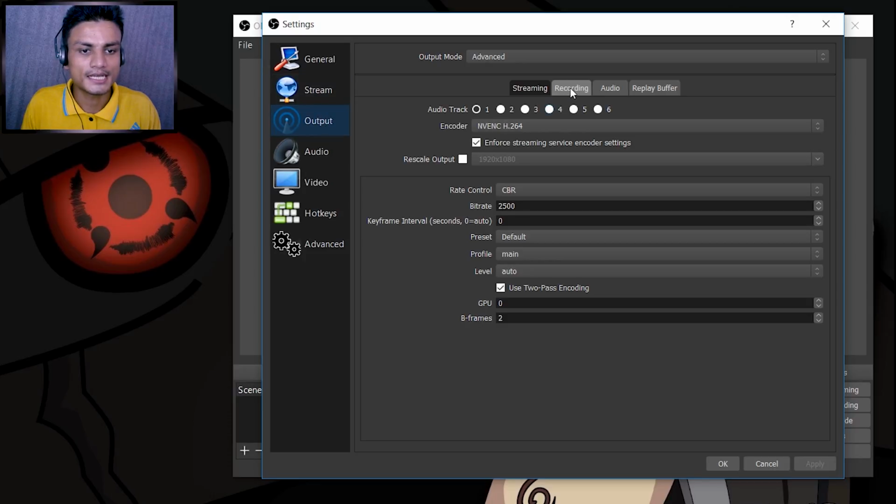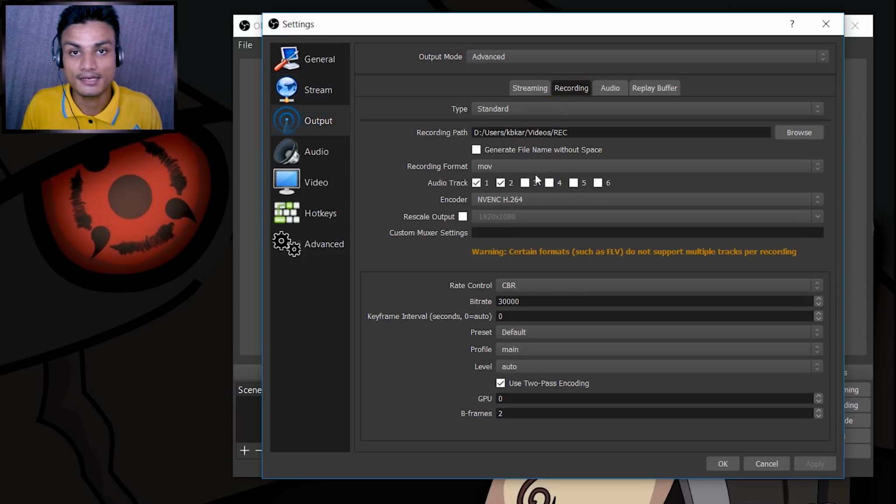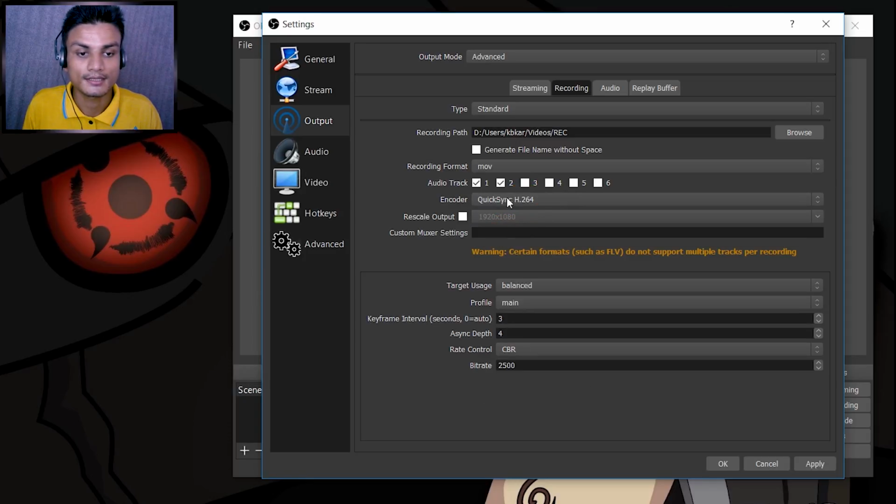This is only for those who don't have a graphics card. Okay, in encoder you can also use the Quick Sync encoder. You can select that, and this is Intel's encoder. It will also use less CPU, but there is a small problem. Sometimes the video quality might not be that good, maybe some jittery effect, maybe a blank screen, maybe a green screen, something like that. So it's not recommended. It never worked for me, but if it works for you,